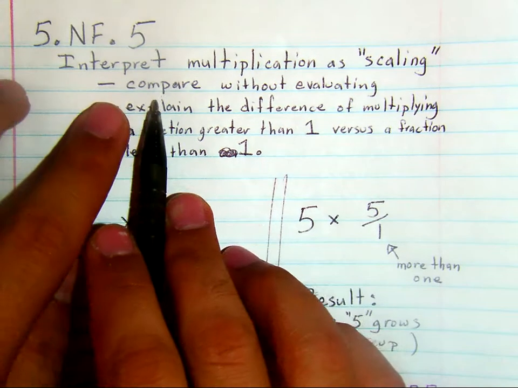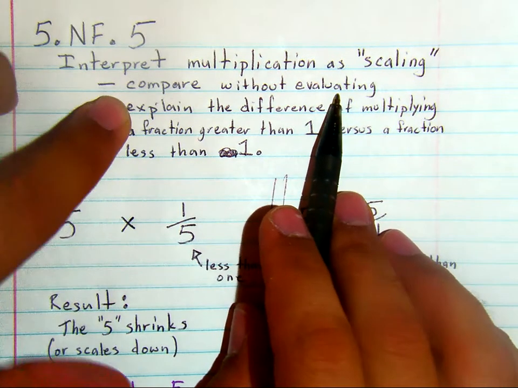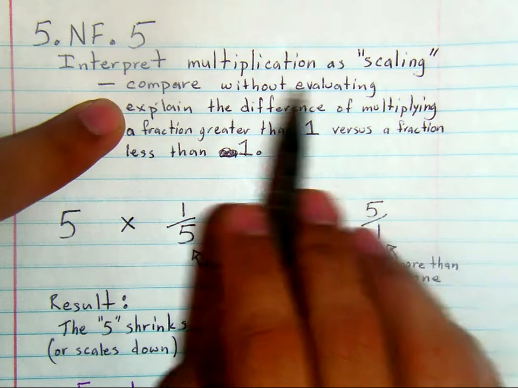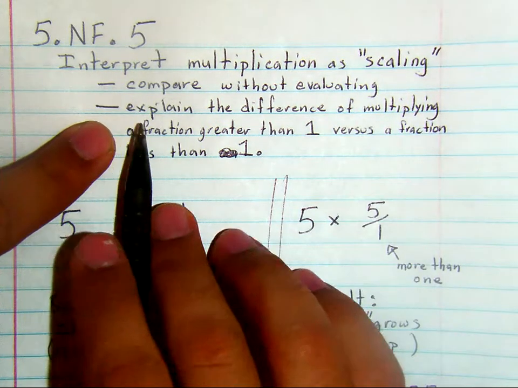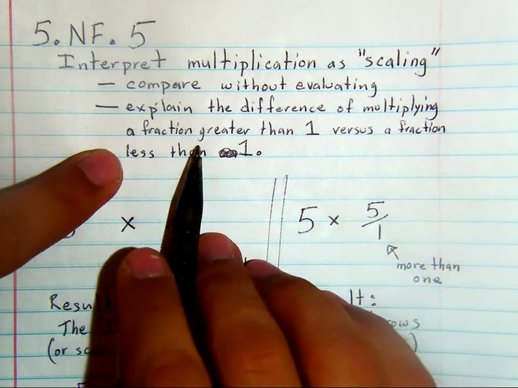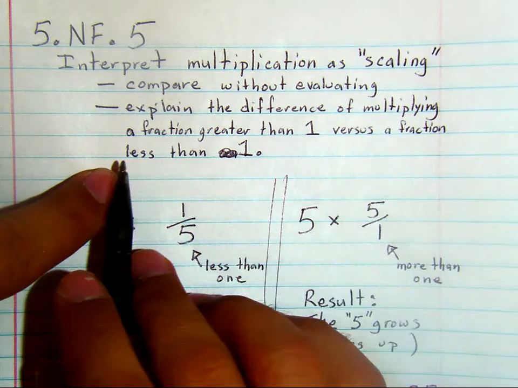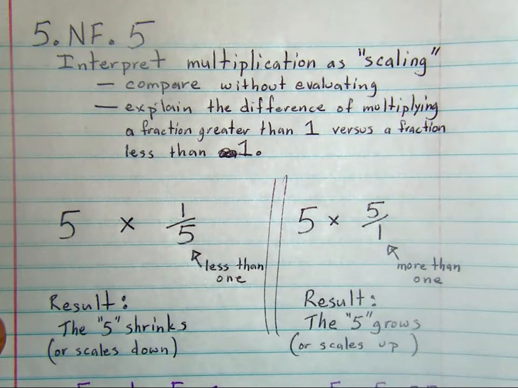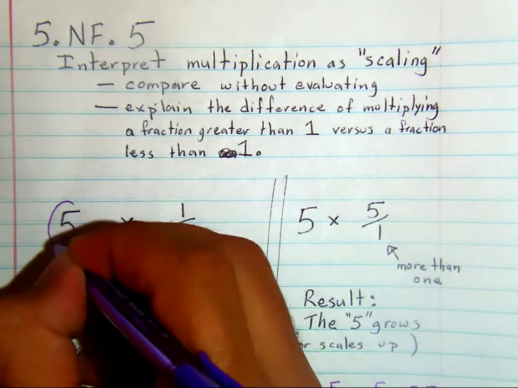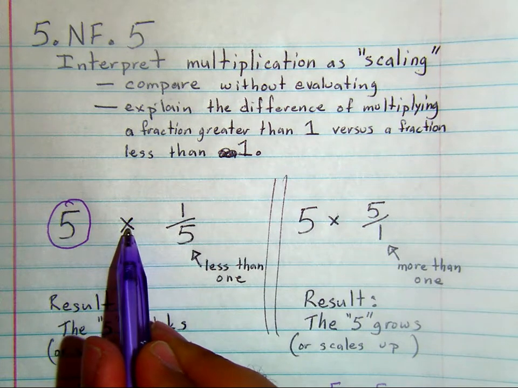It's going to start by comparing fractions without evaluating. We need to be able to look at multiplication problems and know what's going to happen and which is going to be more or less. We're also going to explain the difference of multiplying a fraction greater than 1 versus multiplying a fraction less than 1. What that means is, if you start with a whole number like 5 and you multiply it times a